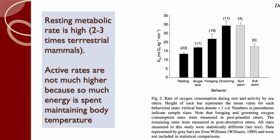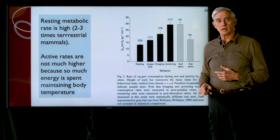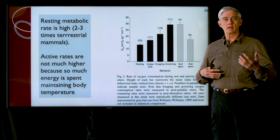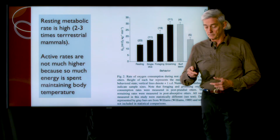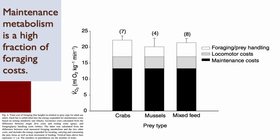The other aspect of sea otters that makes a big difference is their metabolic rate. This is the metabolic rate of sea otters over time with different kinds of activities: just resting, foraging, grooming, surfing, and swimming. Their metabolic rate is far higher than other animals their size, and that is a way for them to generate metabolic heat to keep themselves warm in cold water. In fact, the basic maintenance cost, the basic metabolism of a sea otter keeping itself warm, is the biggest metabolic